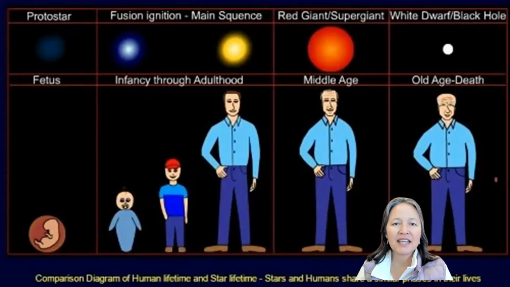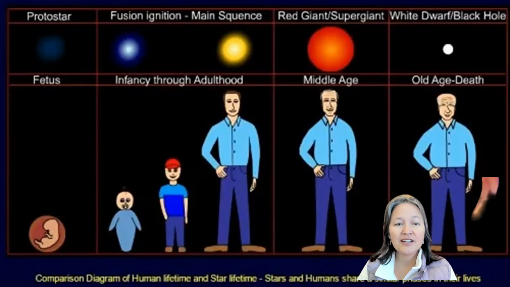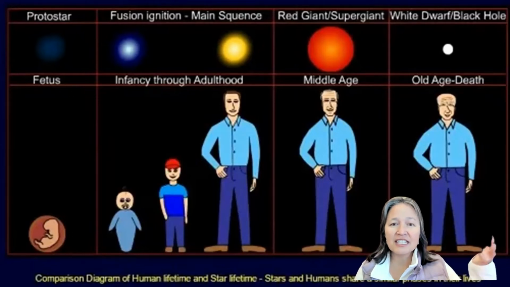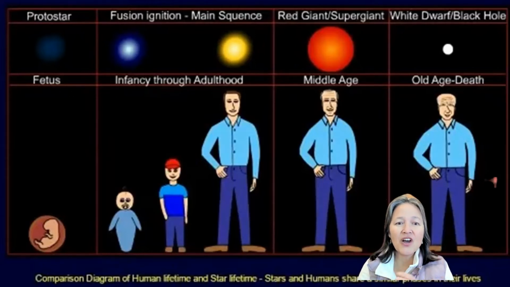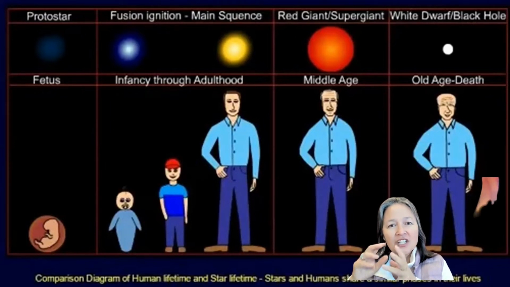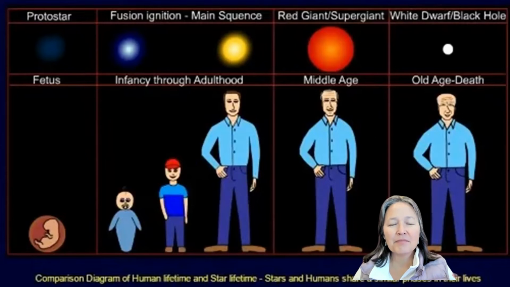star. Okay, so many of the stars we see are within this main sequence, and then there are subparts within the main sequence. But let's just keep it super simple. So a main sequence is, hey, you made it to your adulthood. Okay, so fusion ignition is just, here's the baby star, and then here's the toddler, and then here's the teenage star. When we hit main sequence, we're typically at the adulthood of the star.